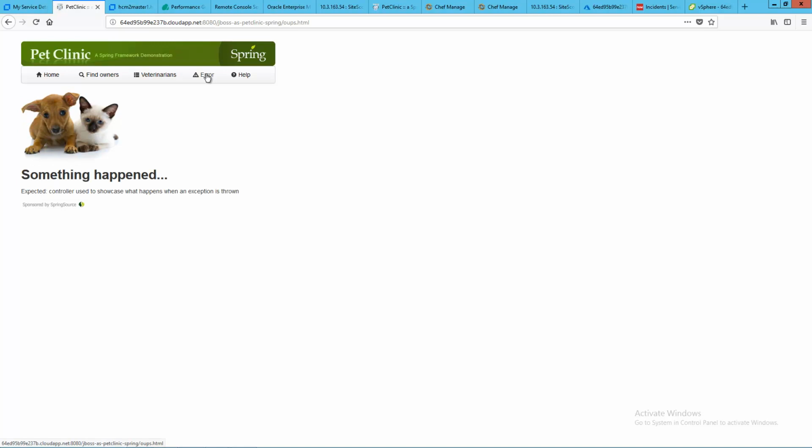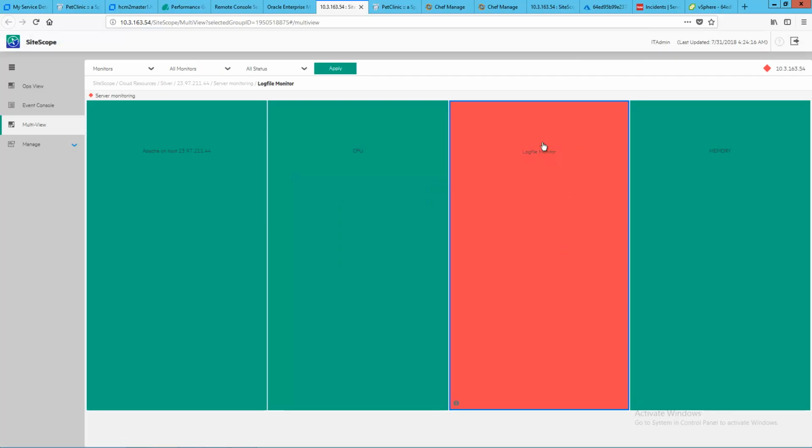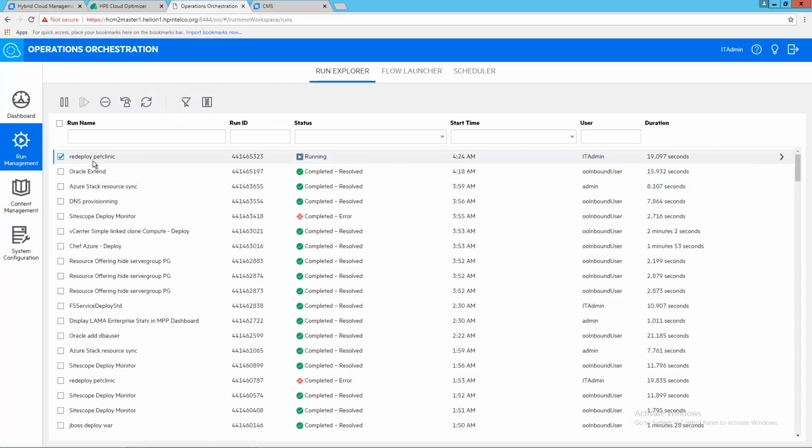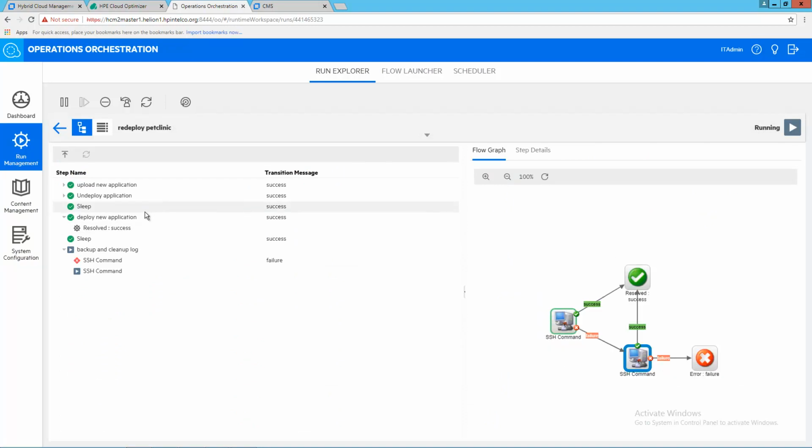Okay, and if I'm going back now to Sitescope, we will see that now a new alert has been triggered on the fly inside Sitescope and will be automatically remediated. So I just click run now to check a refresh, and I can see that it's now error and something didn't work as expected. And I can see that the log file monitor just here is red. And if I'm going now to a new workflow deployed on the fly, redeploy Pet Clinic, which will redeploy the new build with the right version to clean up